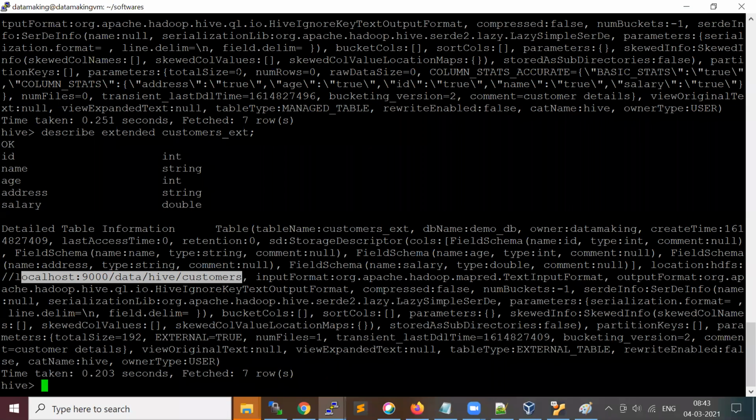And if you write some queries, generate the result and then save it into a different table, that time you go for a managed table. Generally all your raw data will be maintained as an external table, and any aggregated data, summary data or reports data will mostly be in a managed table. These are a few of the scenarios where to use managed tables and where to use external tables.